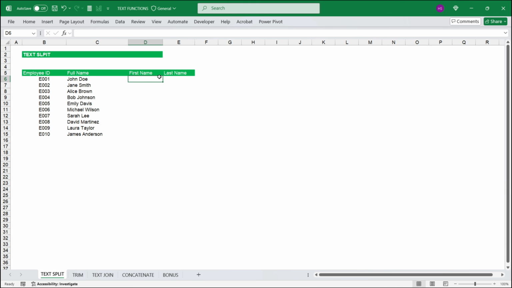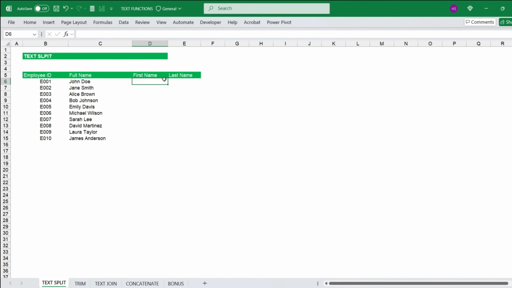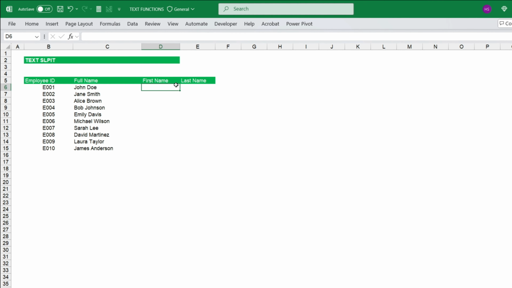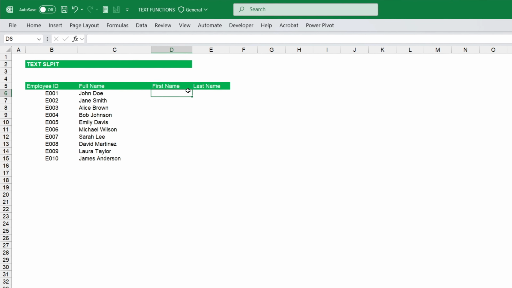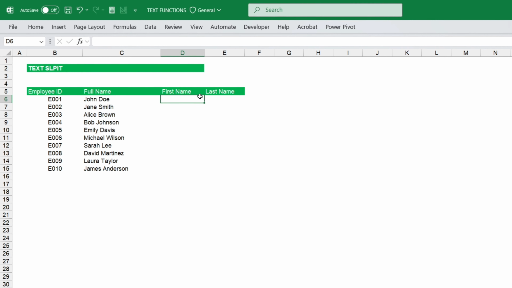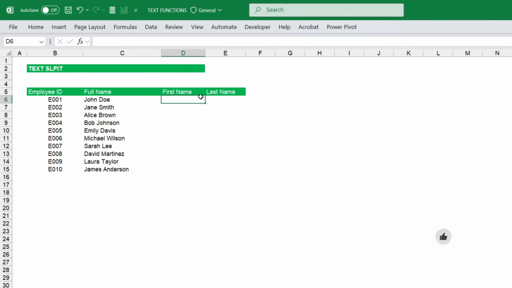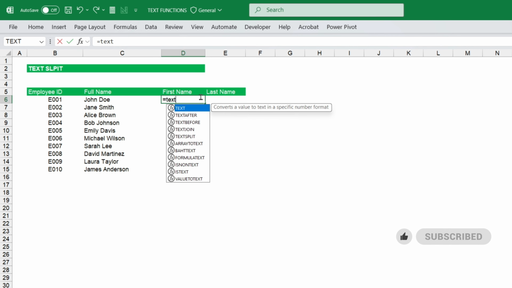So the first text function is TEXTSPLIT, and TEXTSPLIT helps us to separate text data, being the full name we have here, into the first name and the last name. So TEXTSPLIT,